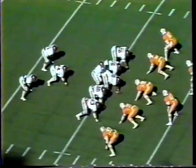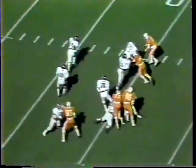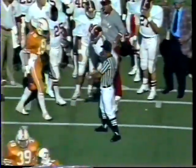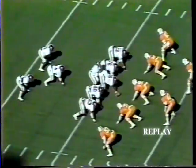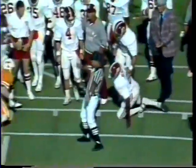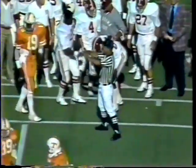Alabama. Lewis looking it over. Lewis on the option, now drops to throw. Looking downfield, pass is going to be complete to Alabama. Great catch by a diving Vendros at the 47-yard line. Beautiful throw by Lewis, but even a better reception by Vendros, who had to dive for the ball as he goes fluttering out of bounds at the 47-yard line. And Alabama, with 1:53 to go in the third period of the game, will have it first down and 10